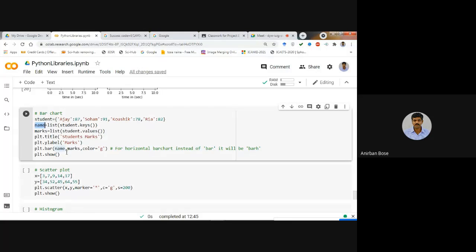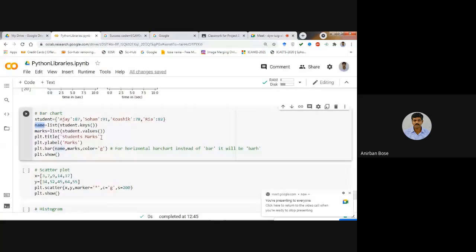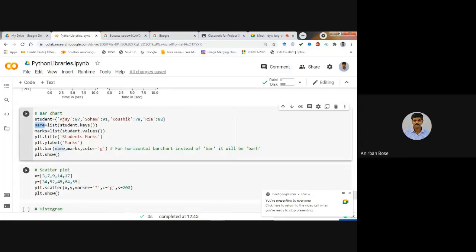So you extract the names as the keys, and the marks contain only the values of that dictionary student. Then you give the title and y label, and to make a bar plot or bar chart the command is plt.bar.